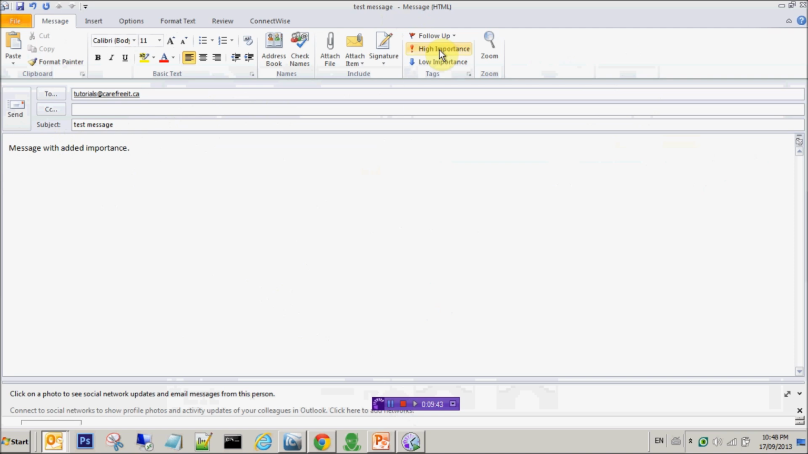Okay, and here we go. We just select it as high importance. We can select it as low importance. Generally we do high importance. Let's say send,